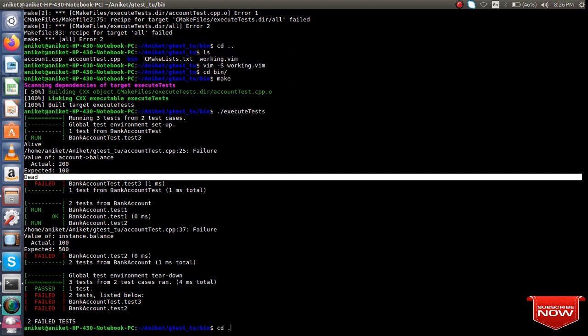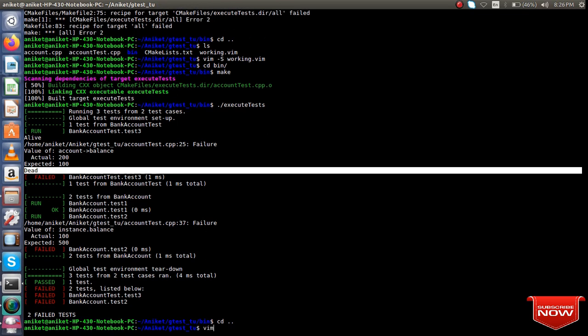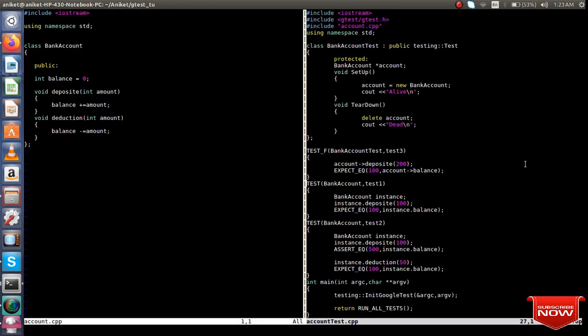Now again let me go to my session. I'll open my session back. Try to write test cases as small as possible because it is easier to debug small test cases. With Google Test Framework you can use other tools in which you will get entire reports where you can check how many lines got covered and how many lines are remaining to cover. So that's it for today